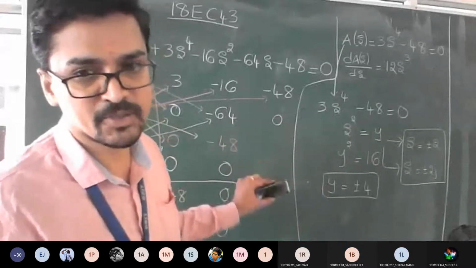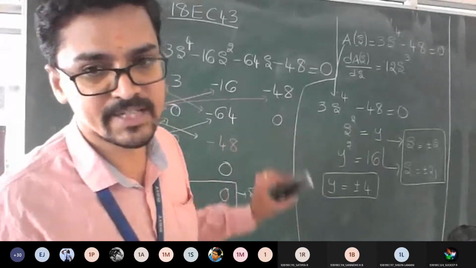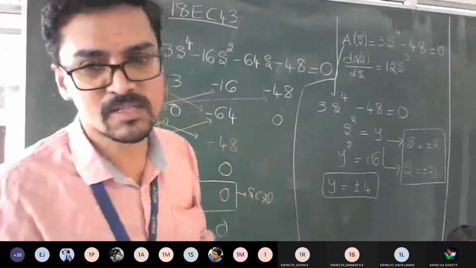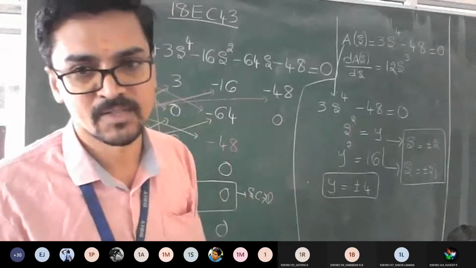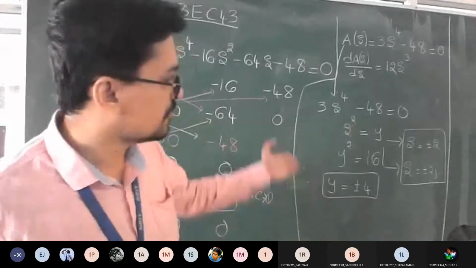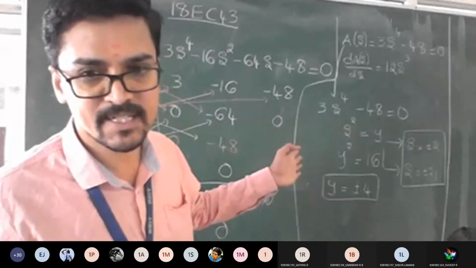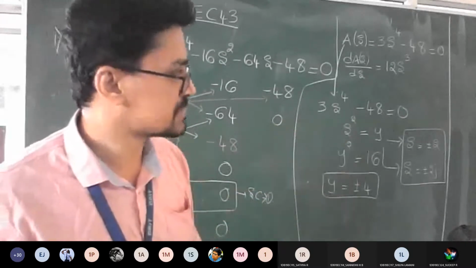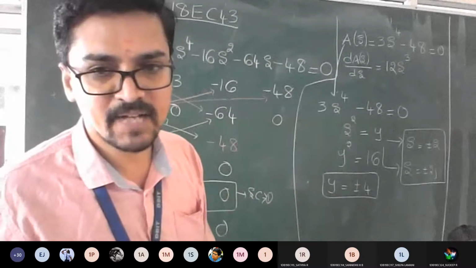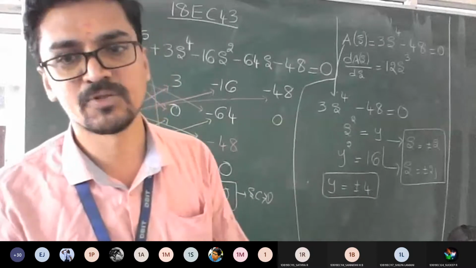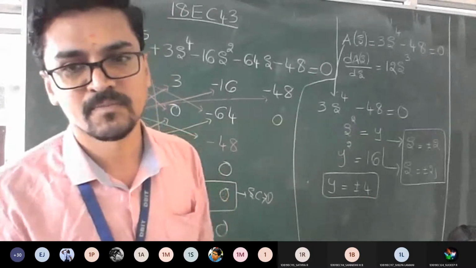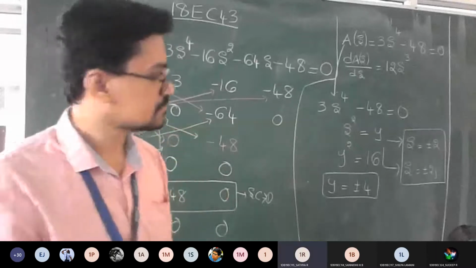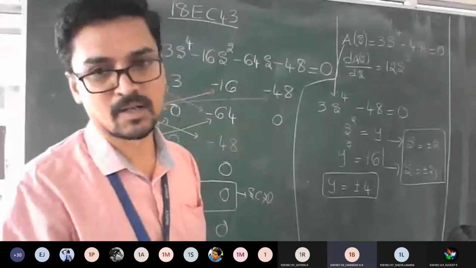In order to find the positive roots, directly check how many sign changes there are. Since there is only one sign change, we can conclude one root is towards the RHS, the positive side. To find the remaining ones, we do the same thing we did yesterday. We have got the roots plus or minus 2 and plus or minus 2j. Are they repeated roots? Plus 2, minus 2, plus 2j, minus 2j. Not repeated. Okay, fine.